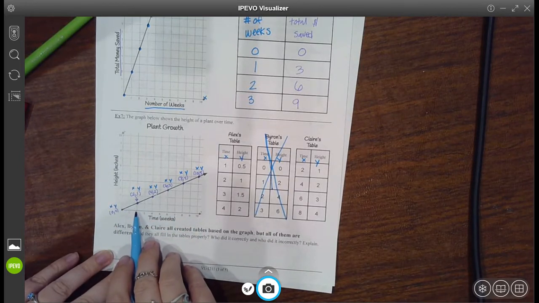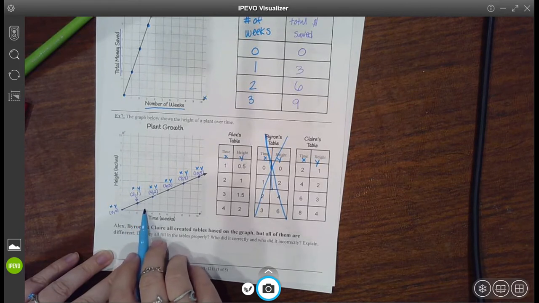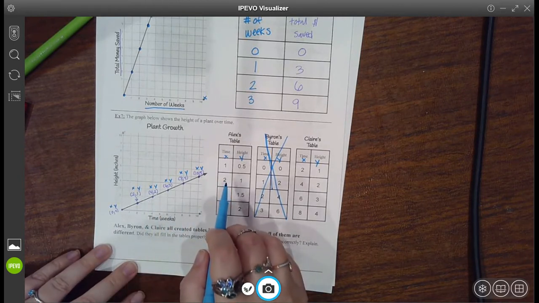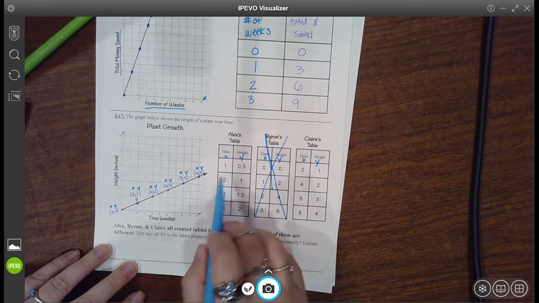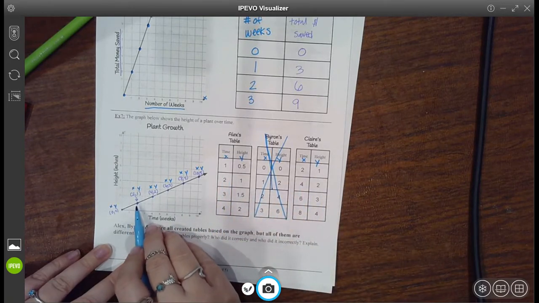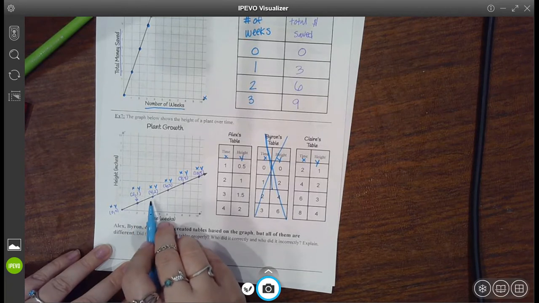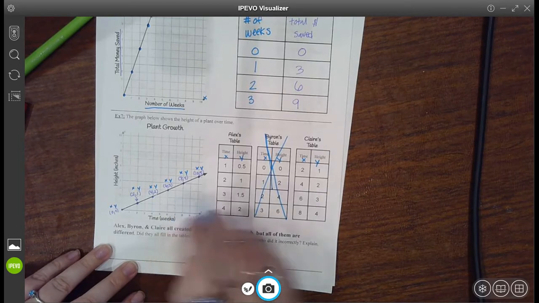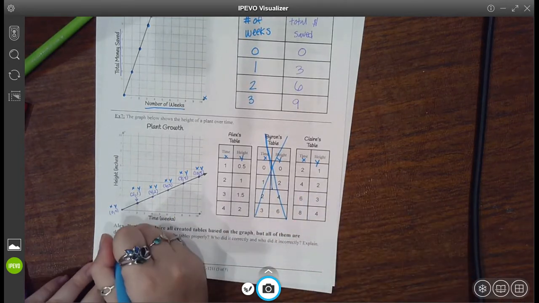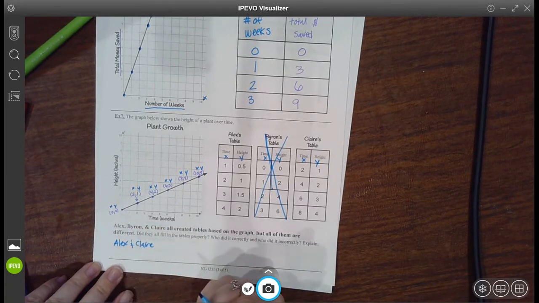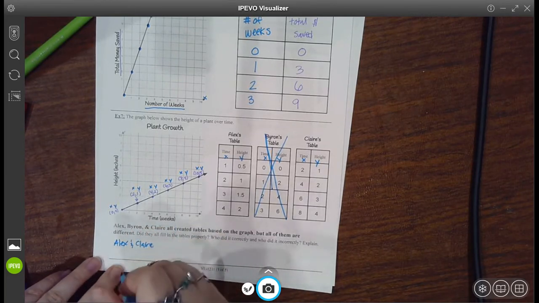Let's keep going. Over 2, up 1. Yes, for sure. Over 3, up 1.5. That looks about right. Over 4, up 2. That's definitely right. So I'm going to say that works, and then it moves at a consistent pattern. For this one, it went over 2, up 1. Definite point. Over 4, up 2. Definite point. Over 6, up 3. Definite point. Over 8, up 4. Definite point. So right off the bat, Alex and Claire, the easiest way to write why they're correct is Alex and Claire are correct